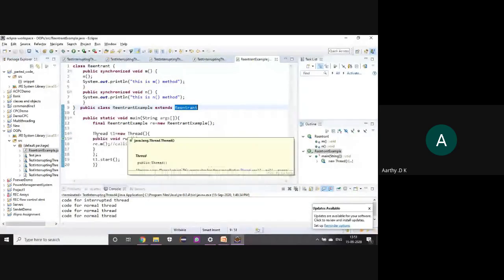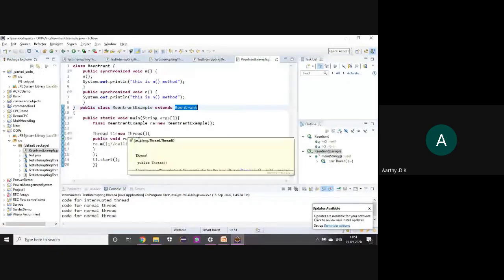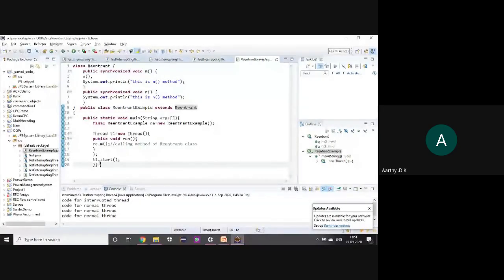So when I start the thread, I am just calling the run method. See, this is a constructor, right? This is the way of, I hope you would have learned what an anonymous class is in your first unit. In anonymous classes, the JVM itself will set which class the object should belong to. So this is the way of creating an anonymous class. So I'm just running the thread.